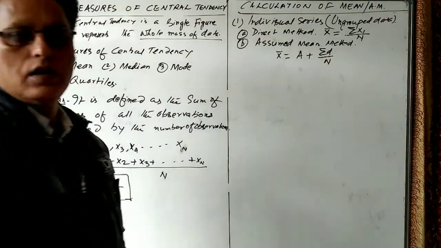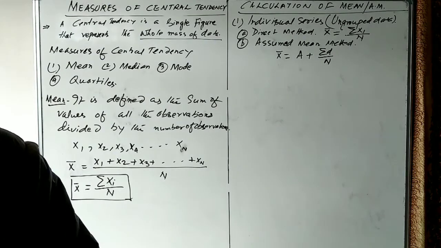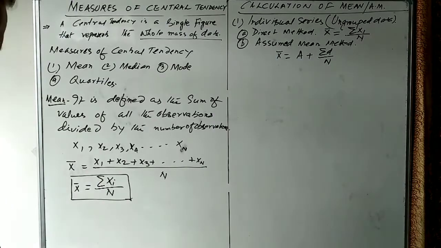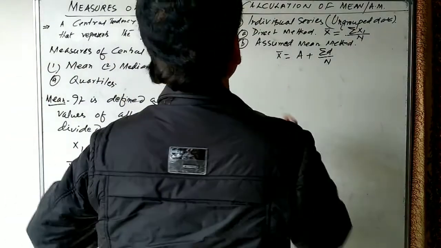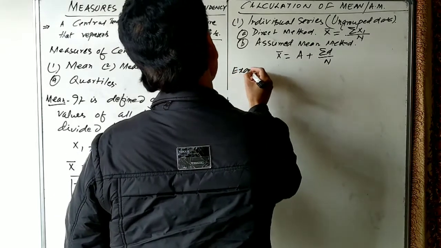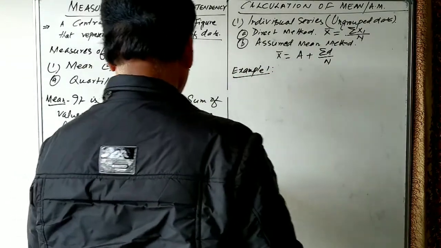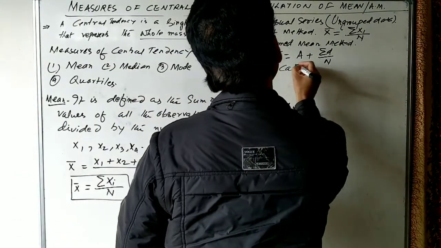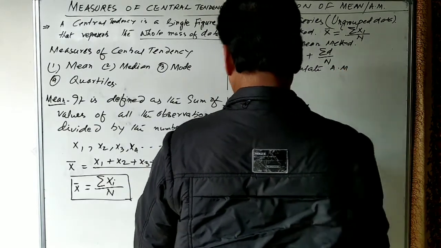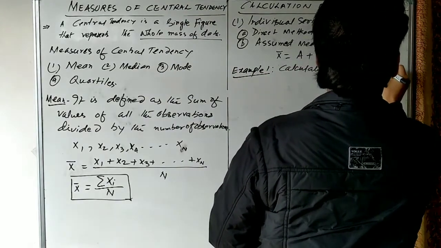Let us take one numerical question in order to explain this concept. In our NCERT book, one numerical example is given. Let us solve that example. Example number 1 is given on page number 60. Calculate arithmetic mean from the data